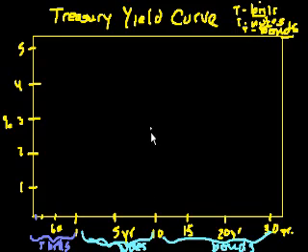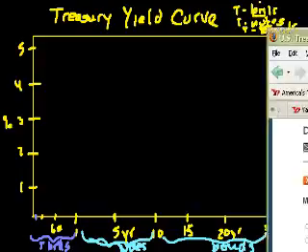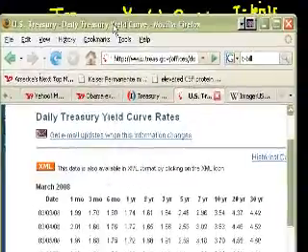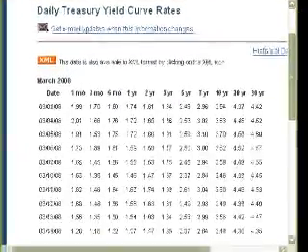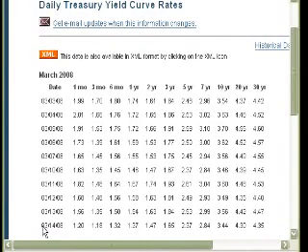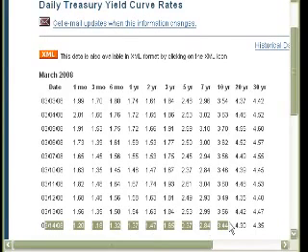And so let's draw the yield curve and see if this holds true. I actually went to the Treasury website. So that's treas.gov, and this is the yield curve. They say on March 14th, so this is the most recent number, and I'm going to plot this. They say if you lend money to the government for 1 month, you'll get 1.2% on that money.